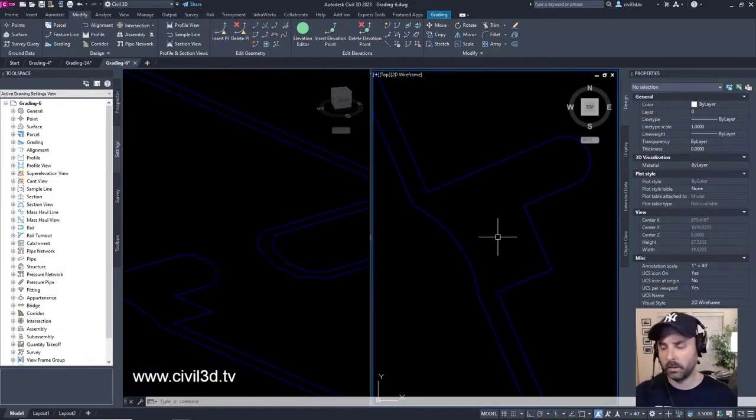And Civil 3D is one of those programs that's so robust. There are so many different tools and things you can manipulate that you constantly have to refresh yourself in a lot of the other areas, because you can dig a bit of a rut for yourself. When you're working a designer job, you start to get into a rut where you're using the same commands over and over again.